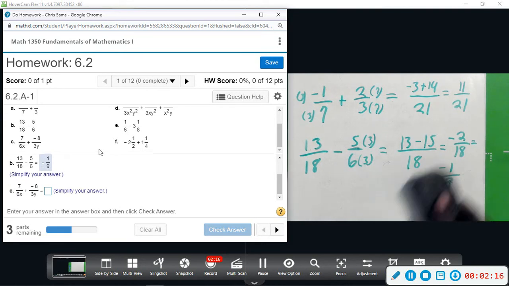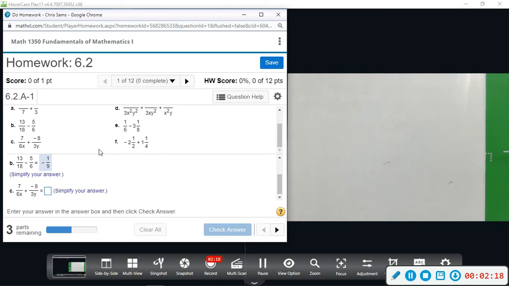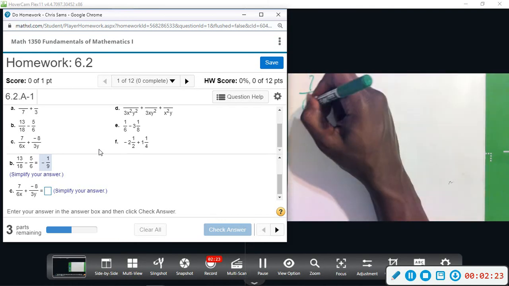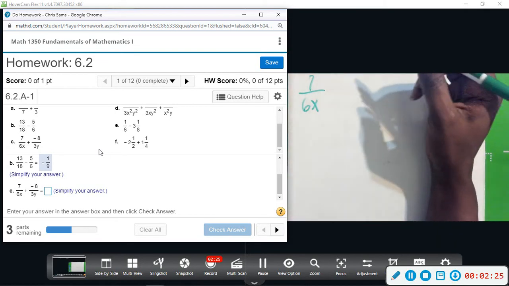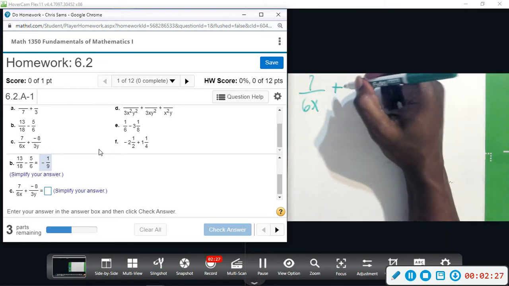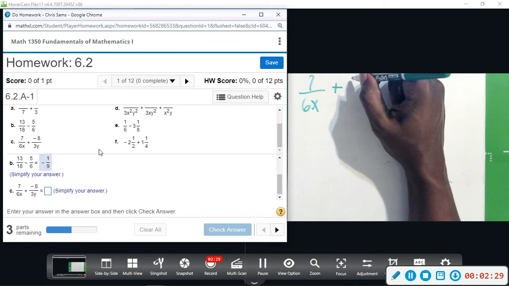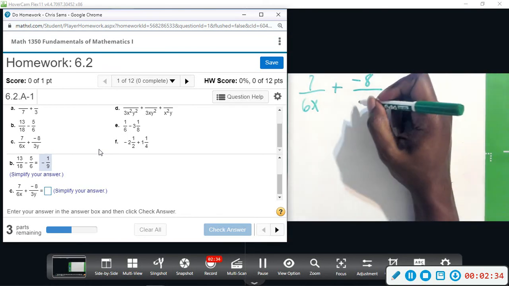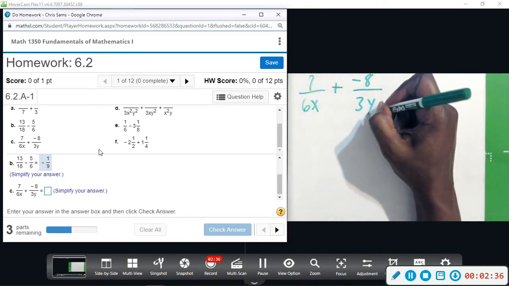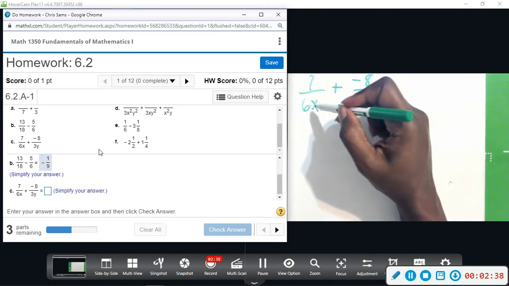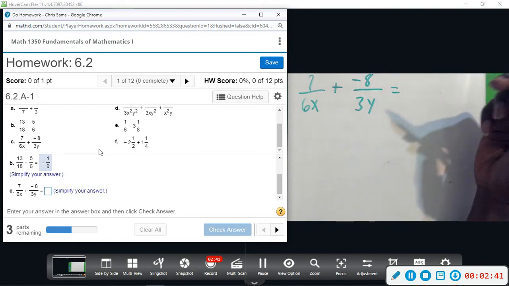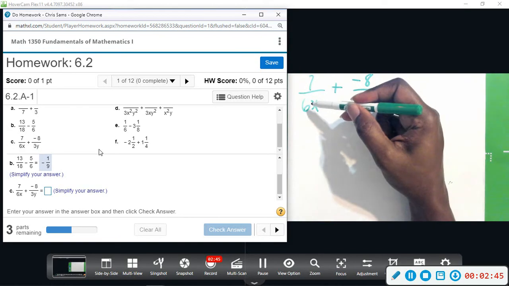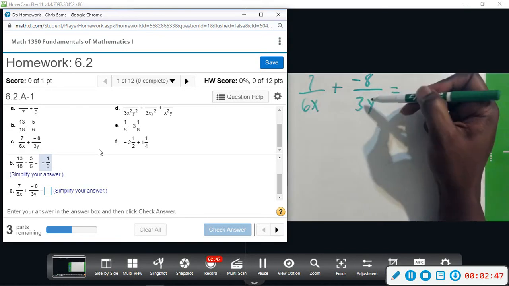Alright, part C, we have 7 divided by 6x plus a negative 8 divided by 3y. Okay, so we have variables in the denominator. So all the different variables are x and y. And we would need a number